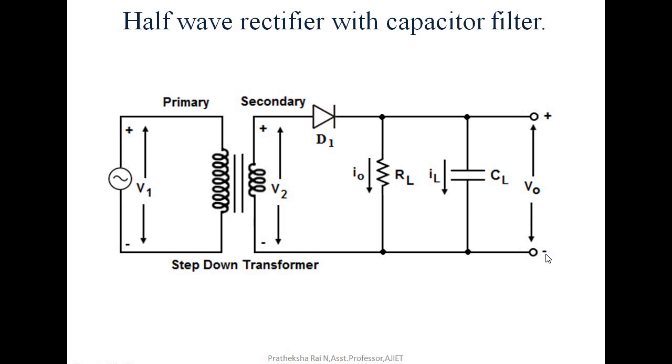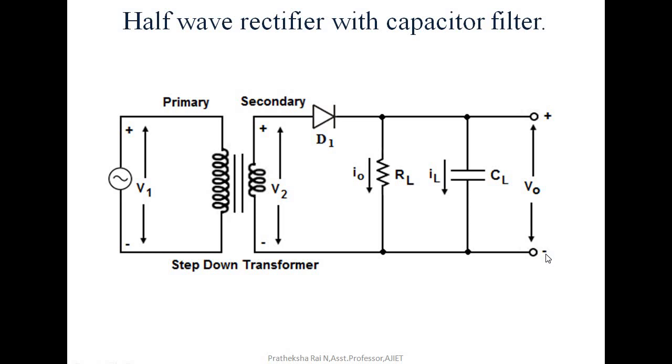So what we have to do is minimize that ripple content. How are we doing that? We are making use of filters. So what is a filter? It is an electronic circuit composed of either a capacitor or an inductor or a combination of these two, and it is placed between the rectifier and the load so as to convert pulsating DC to a pure form of DC. So in this session we'll be learning how a capacitor filter is useful in converting AC into a pure form of DC. This is a circuit diagram you have to study.